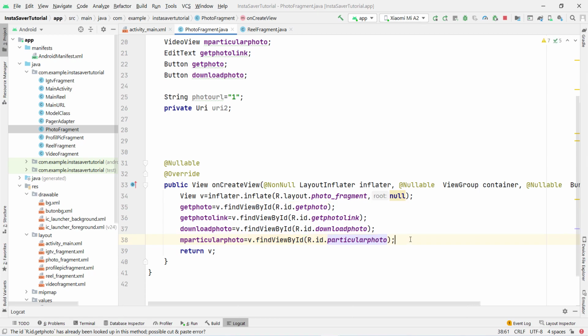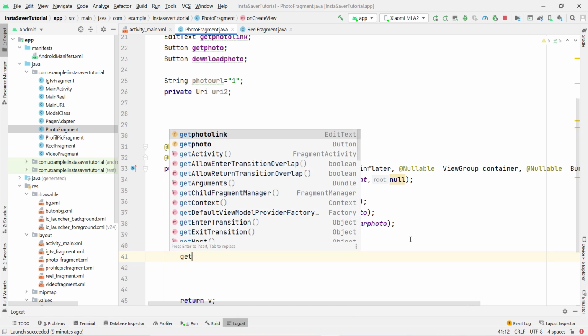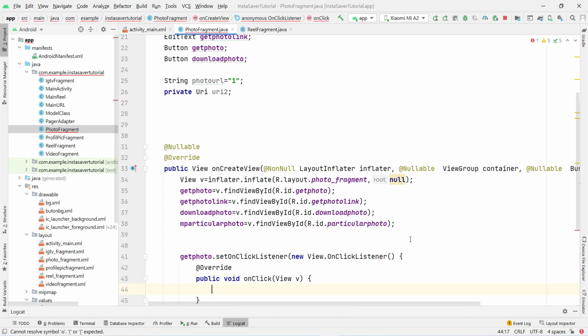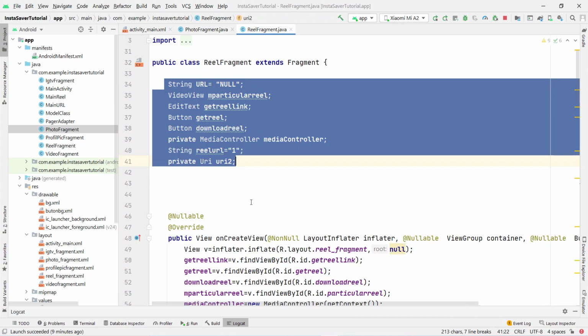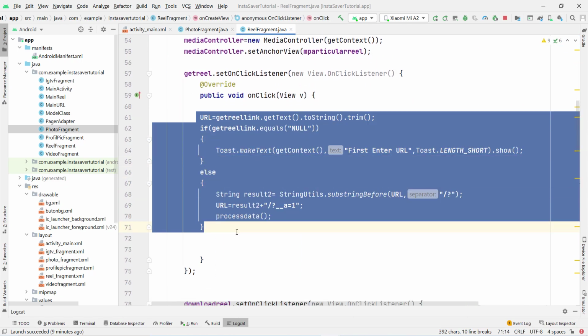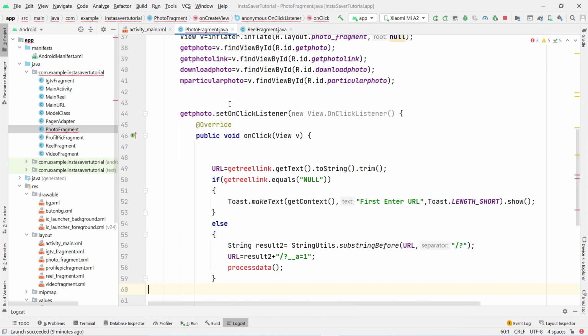Now below this what we have, if someone clicks on get photo, that's set on click listener, then new, then capital O. And why I am typing this photo code, because the code is a little bit different, because on these things we have a video view, but here we have a photo, so that's why. So I open this code, and first of all the URL method is same for using this URL. So Ctrl+C, copy this and open this photo fragment, paste the URL here. So instead of get reel link you have to type here get photo link, and get photo link,